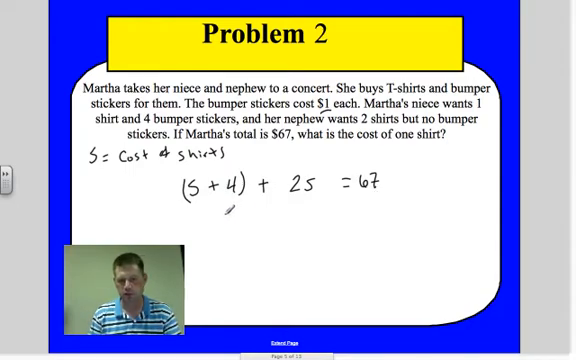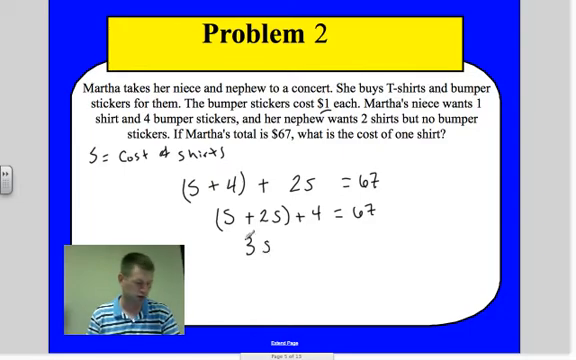Okay, we're going to rearrange some things. We're going to make it S plus 2S, and we can put parentheses around this if you want, and then put plus 4. If we put parentheses around that, it might be a little simpler to see that this is the associative property. Okay, that gives us 3S. We bought 3 shirts total, plus $4 equals 67. We're going to subtract 4,